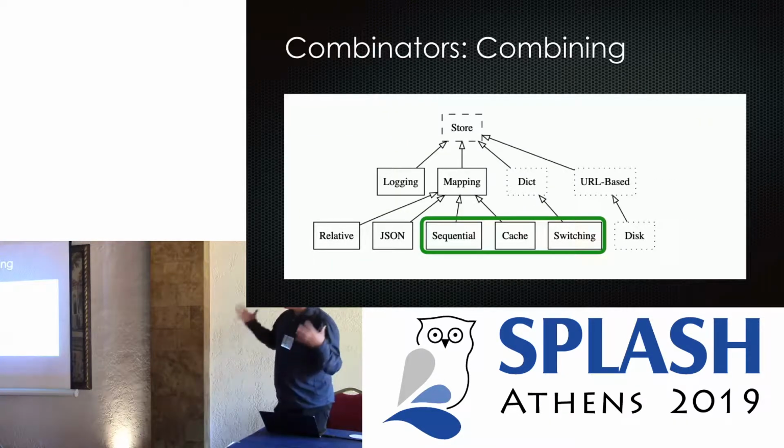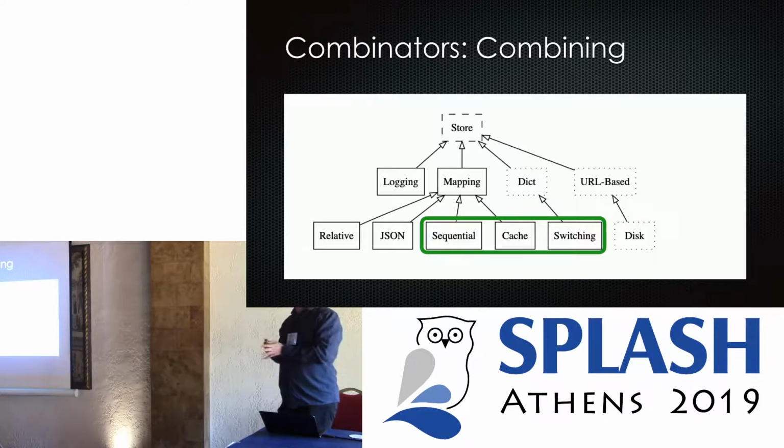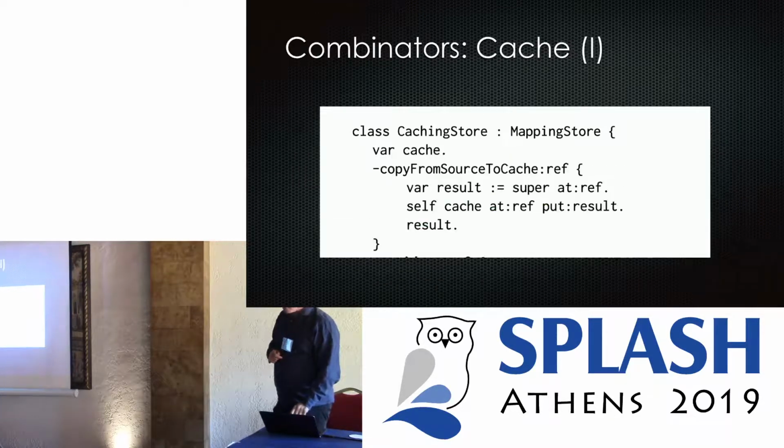So combining, we have a few. There's a cache, which is very popular. Switching store just says, I'm going to select from one of these stores. The sequential store, which does a search. Searches through several stores for the answer, and it stores to the first one. And I'm going